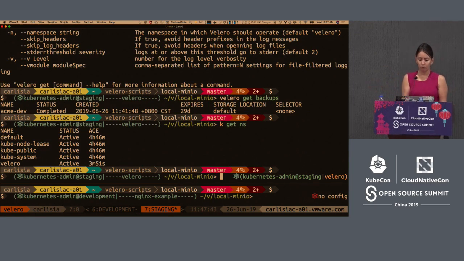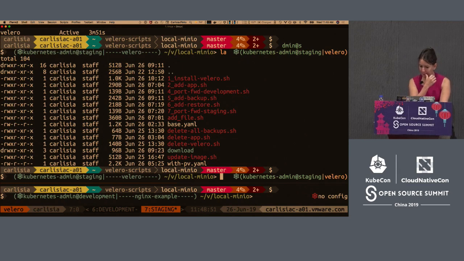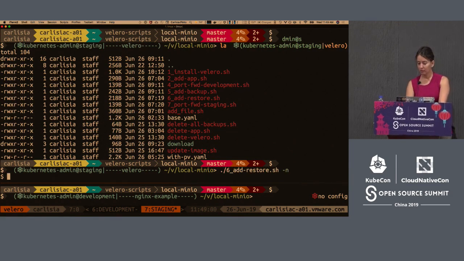Now, I just want to make sure I don't have that NGX example namespace, because why would I? I didn't install the app, right? And I'm not going to install the app either. What I'm going to do is add a restore. So I'm going to run the script that's going to create a restore based on that backup